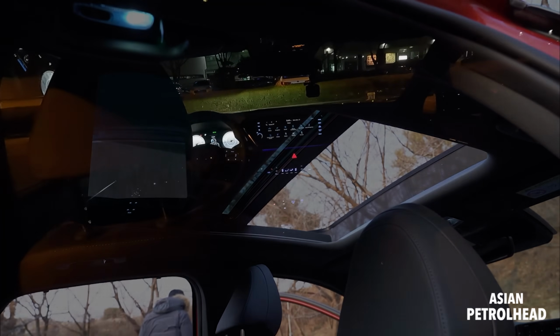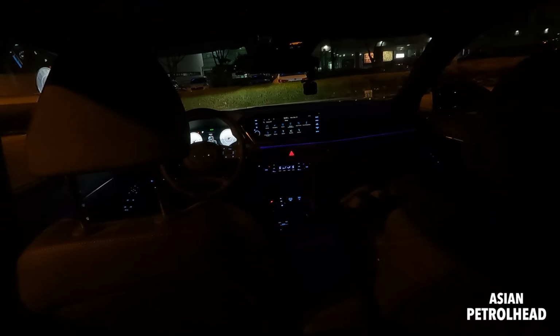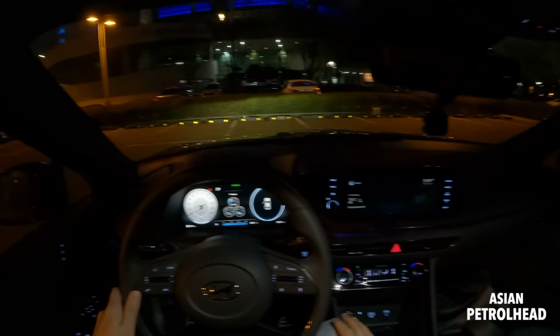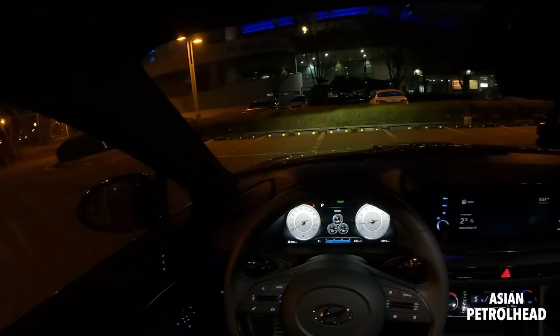So let's move to the driver's seat and show you what is different for the N Line, and let's go out and show you how it drives, okay? Okay, let me also show you the car from the driver's seat and show you what is different about this